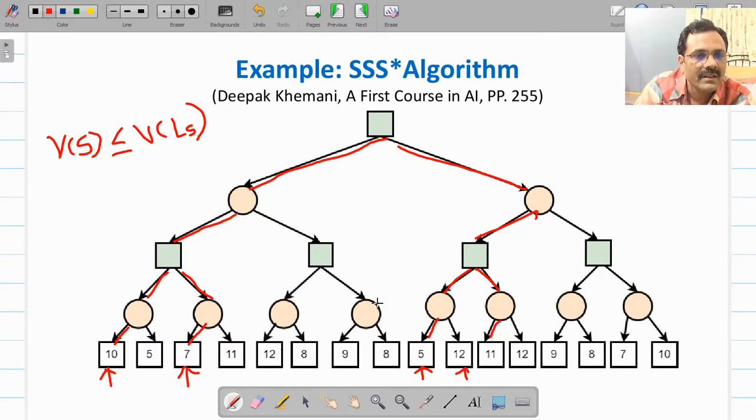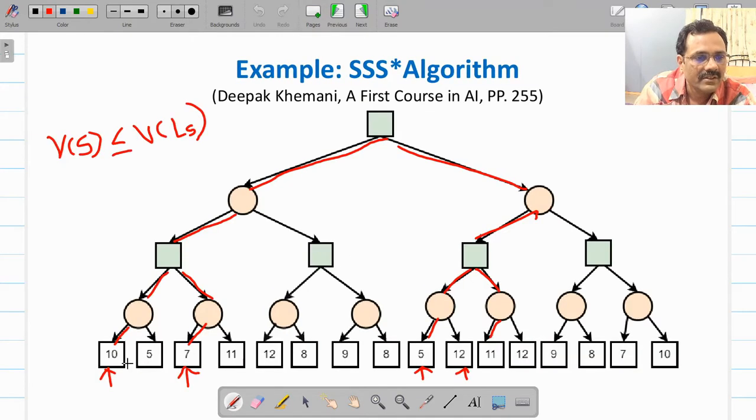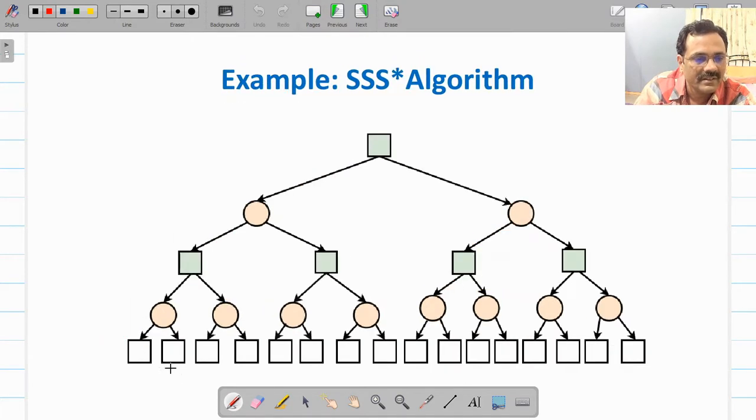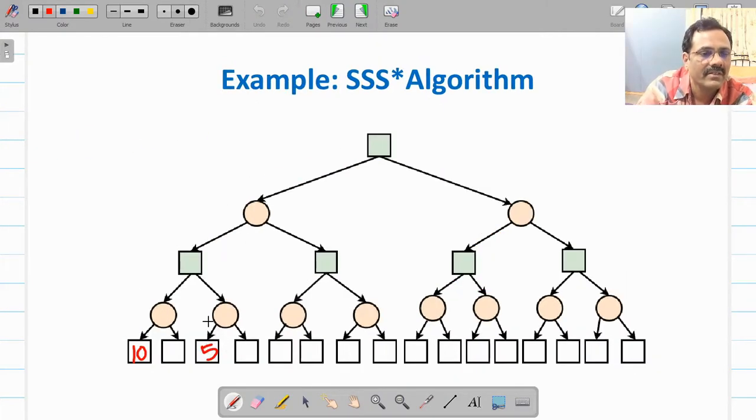In this way, only 4 nodes we will evaluate first. The first is with value 10, so here we will write value 10. Then this node has value 7.